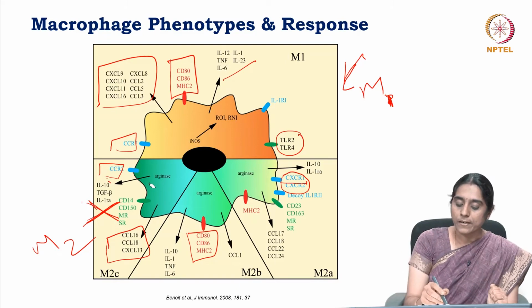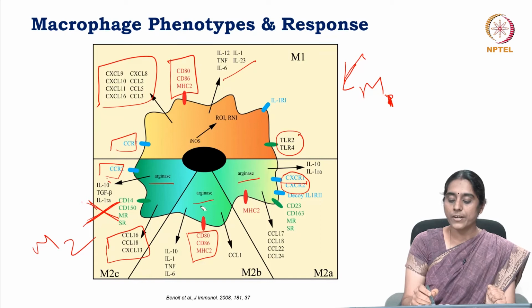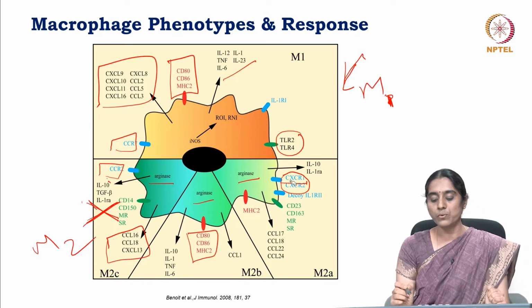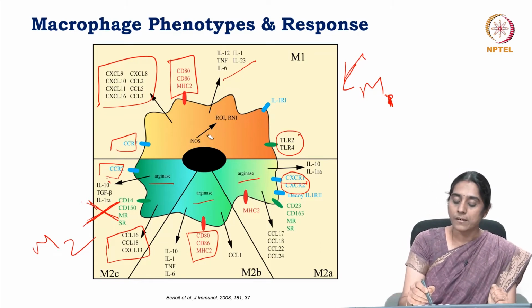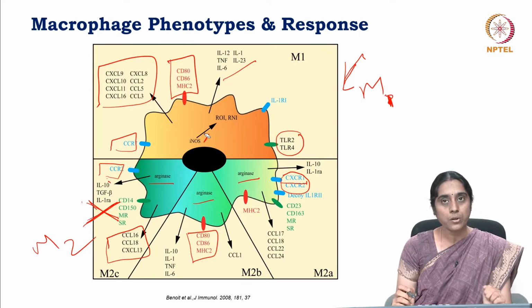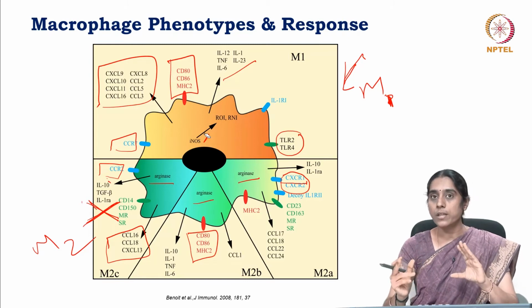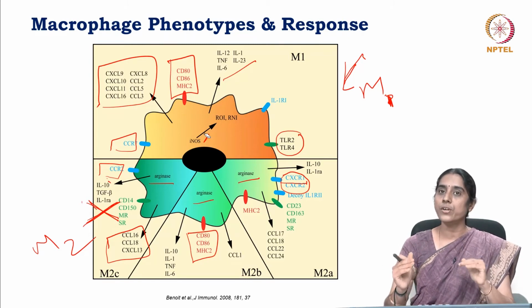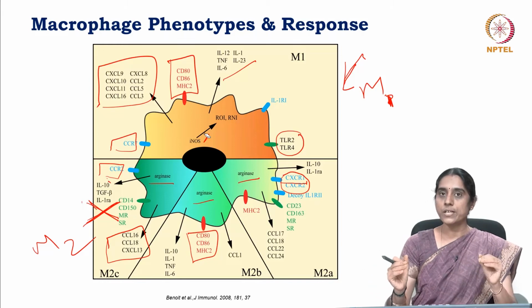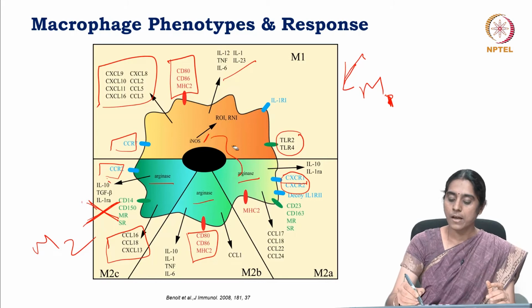Another important difference is with the arginase. You can see here arginase is secreted by the M2 phenotype, whereas the M1 phenotype is secreting iNOS. So, both are enzymes. iNOS is inducible nitric oxide synthase, and arginase, again, both are enzymes which will act on the substrate called arginine.